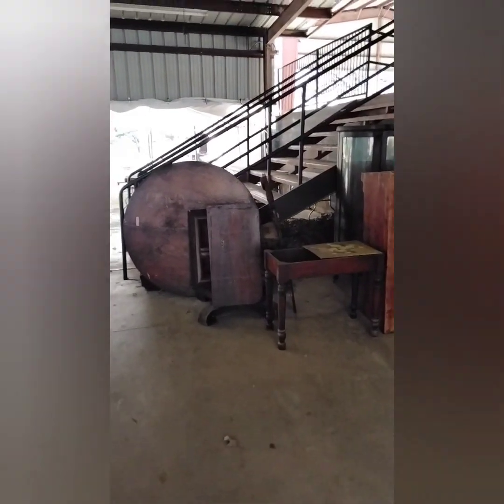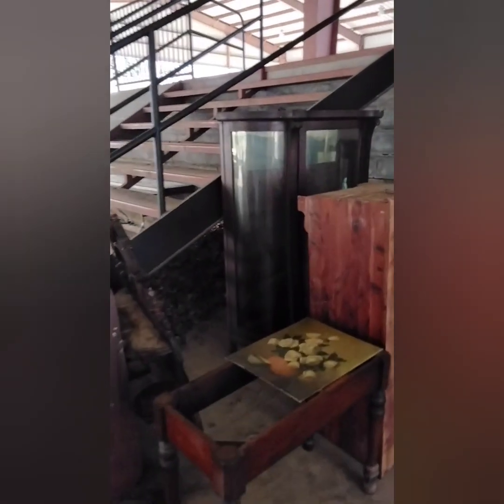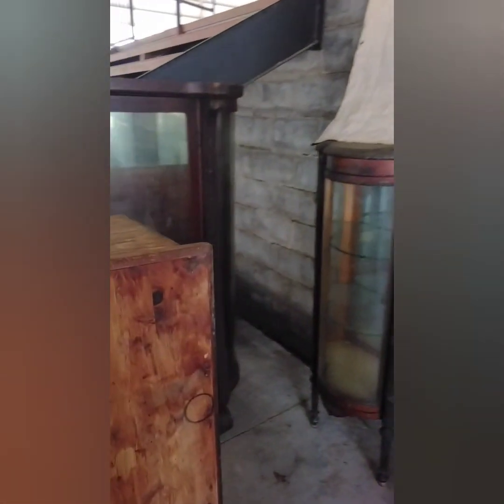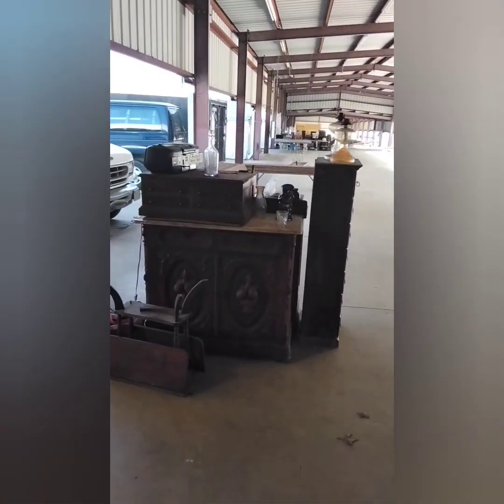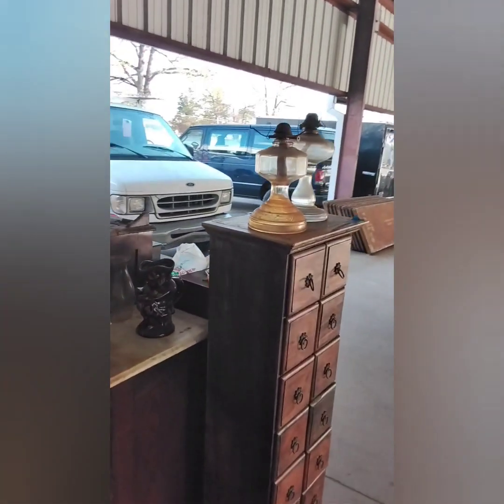Generally, I'm not a furniture guy, but I bought this unit despite the fact that there was furniture, because it was all old and it was all good stuff. I'll probably wind up selling at fire sale prices. I'll probably end up making about $1,200 on the furniture pieces, and there were some small antiques, but